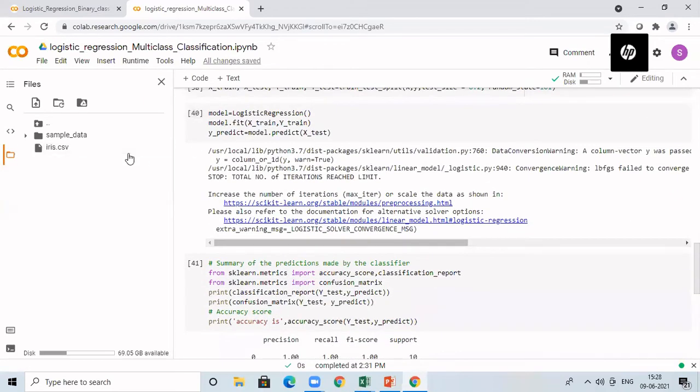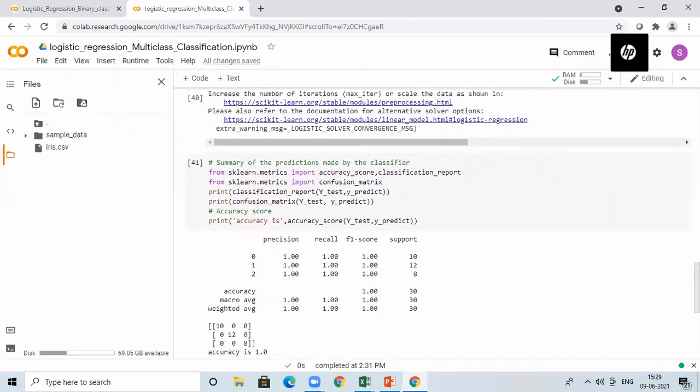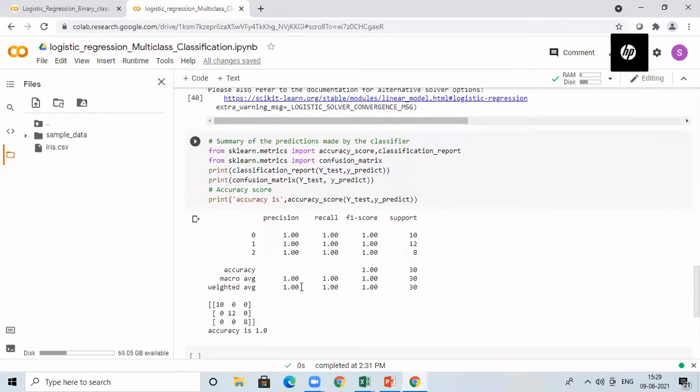After that, I'm going to create the logistic regression model. I am first creating an object for logistic regression. After that, I'm training it by means of the fit function, where I pass X_train and Y_train. Then the model is trained here. Finally, I'm going to predict the model performance by passing X_test. It is going to return the predicted values of Y. Then I can compare that with Y_test. Then finally, I am printing my classification summary, with various metrics and performance measures. I already told you what these measures are.